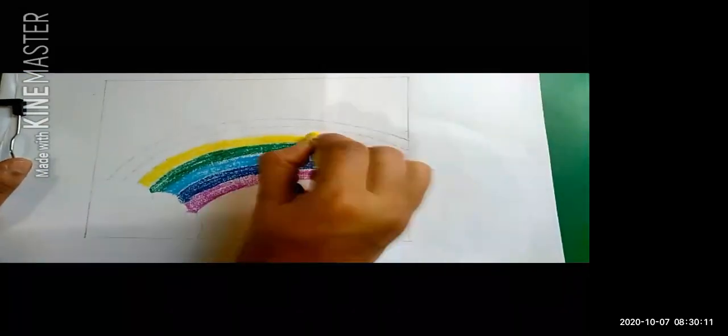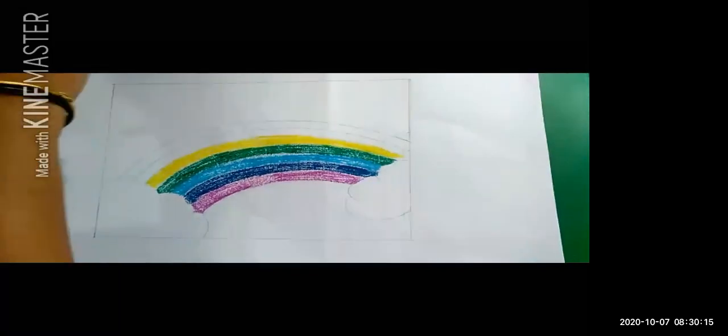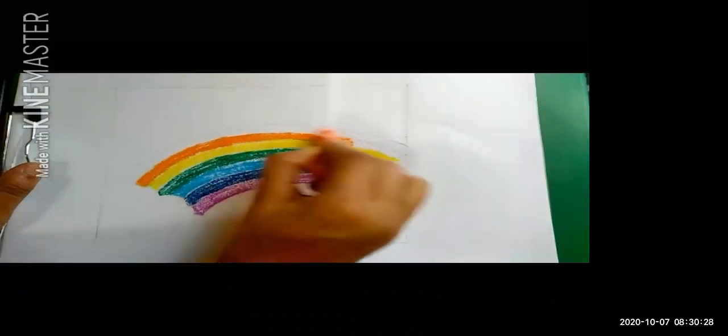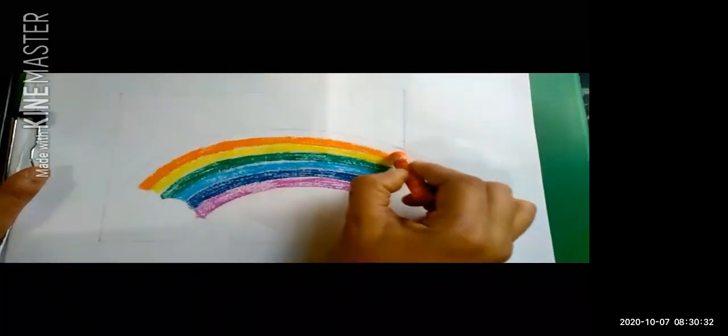My next color is yellow color. Orange, here I have taken orange. Do it very carefully, children. You can take your own time to do this activity, and really your rainbow looks very beautiful after this.